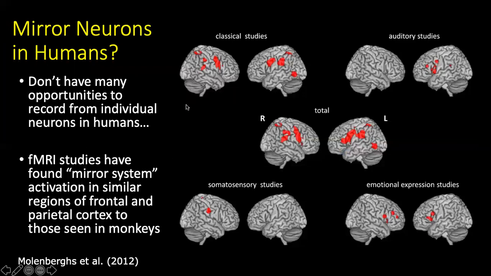And it happens across all different types of studies, what we would call classical mirror neuron studies based on motor movements, but also auditory studies, studies related to touch, and even emotional expression. All different types of behaviors, actions or experiences that can be observed and executed by an individual. We can see frontal cortex activation that suggests that there are mirror neurons in humans as well, although we have less of the direct neural recording evidence that we would usually like to see for that kind of neural coding information.